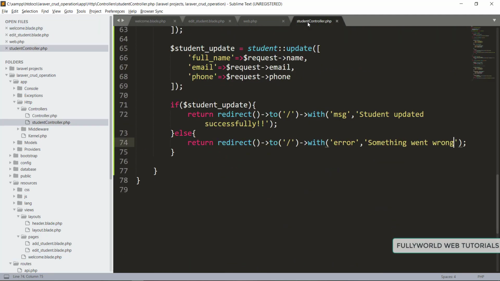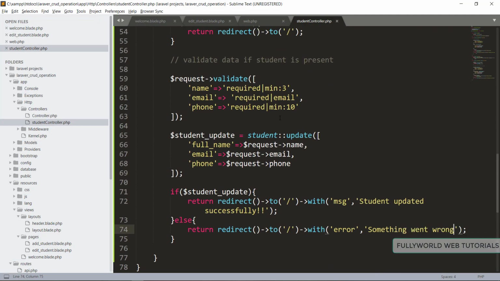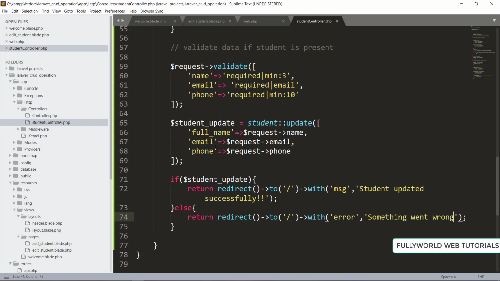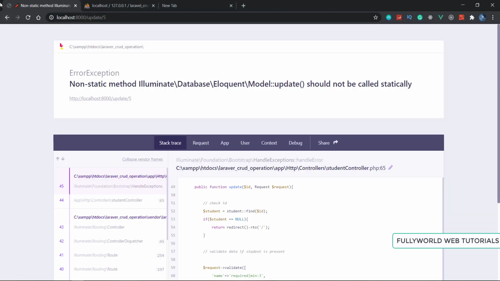We should not call this statically. So here we will use $student find, and then there will be our ID here, and then we will use update. Save this, and let's see if it is working.